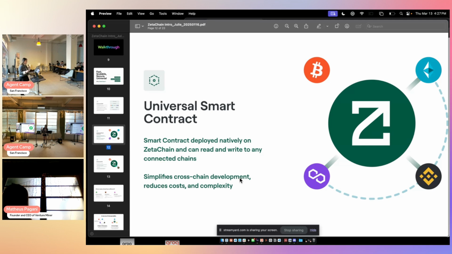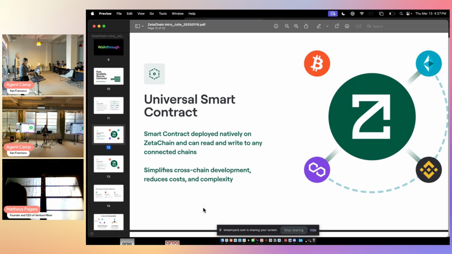Usually we use multiple wallets or multiple interfaces. But this simplifies cross-chain, using only one smart contract, just once. So it reduces the cost. We have really low gas fees if you ever try it out.